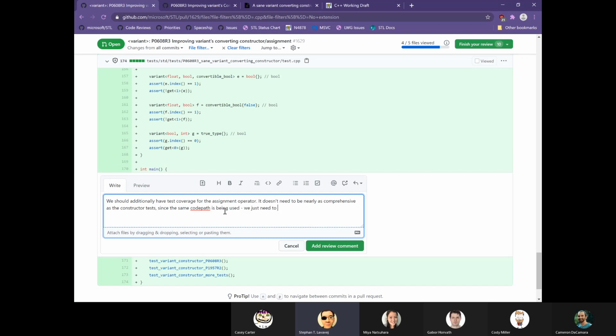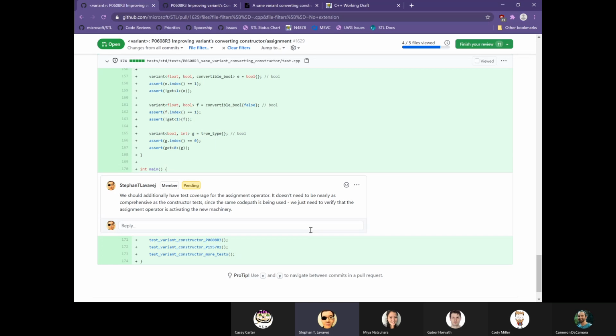We just need to verify that the assignment operator is activating the new machinery. This is a common form, because you could spend eons testing every possible combination, permutation of the entire cross product of constructor and assignment operator and so forth. This occurs a lot in functional type testing. Often what we'll do is we'll intensively, and I did this in the invoke test,